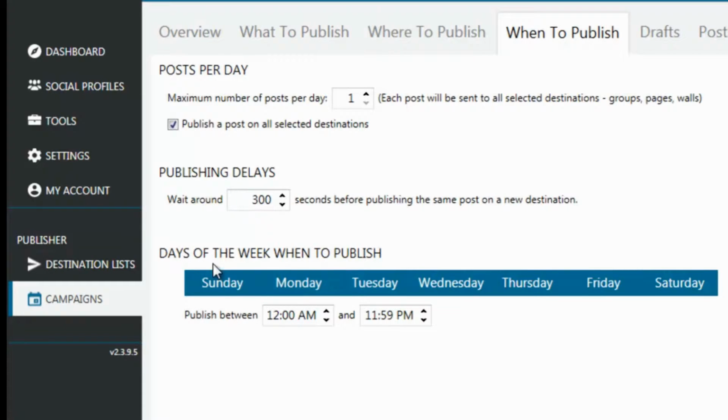The next section here, you have your days of the week. So you could choose maybe to do cats on Monday, dogs on Tuesday, or you could do by product. You could do mugs on Monday and calendars on Tuesday. And then you can also choose your hours that you want your items to be sent over to the social media sites. So I'm going to leave all that just as it is, and we're going to go on to the Drafts